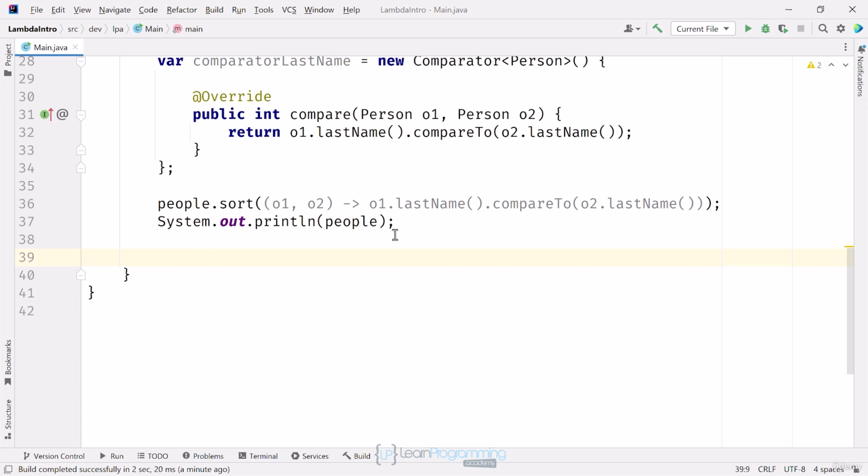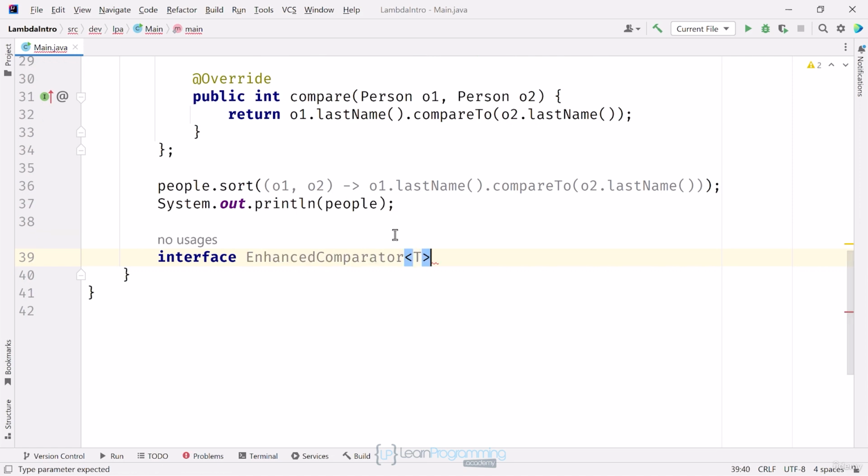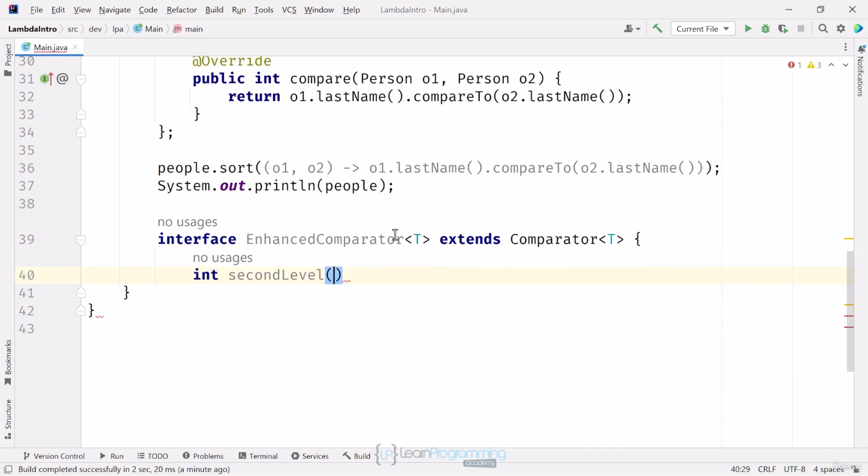As of JDK 16, this functionality is supported, meaning I can declare an interface right here, a local interface in the method block, local only to this method. I'm going to call this enhanced comparator a generic interface with type T. It's going to extend the comparator interface. And this interface is going to have one abstract method called second level that takes two arguments of type T,